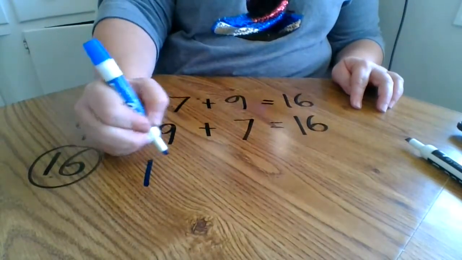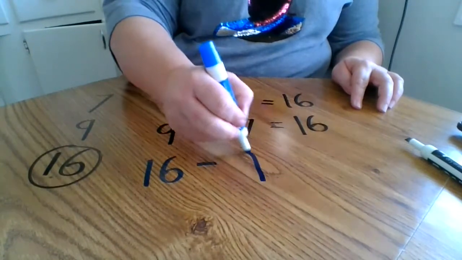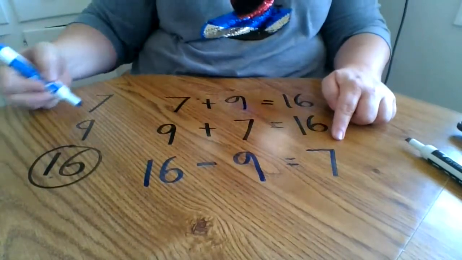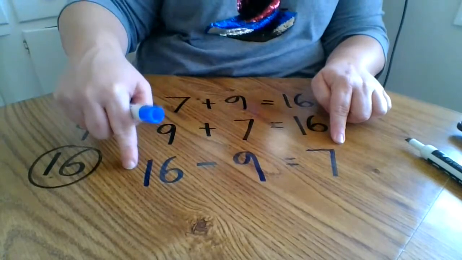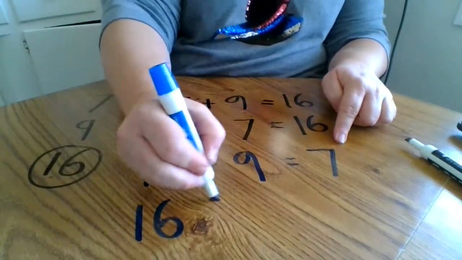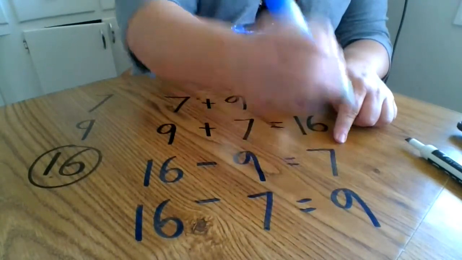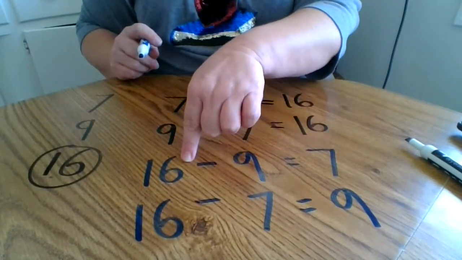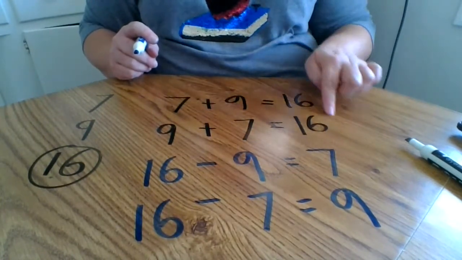So I'm going to write 16 minus 9 equals 7. Again, look at all of my answers are over here. I just keep using the same numbers. For my next subtraction problem, I need to do 16 minus 7 equals 9. Again, both of my subtraction problems start with the whole enchilada, but for my addition problems, my whole enchilada is